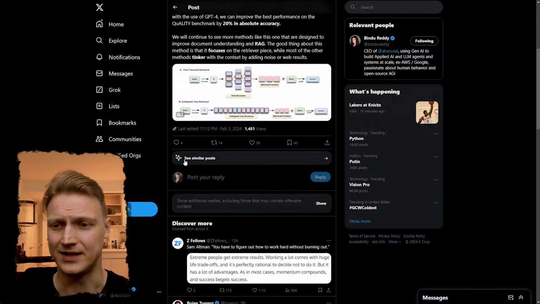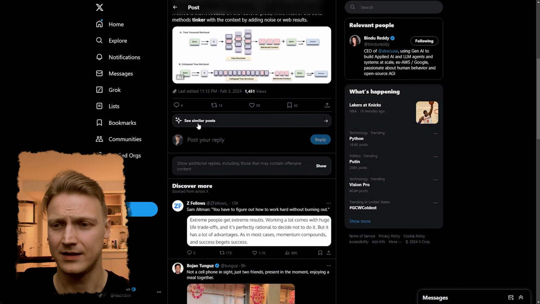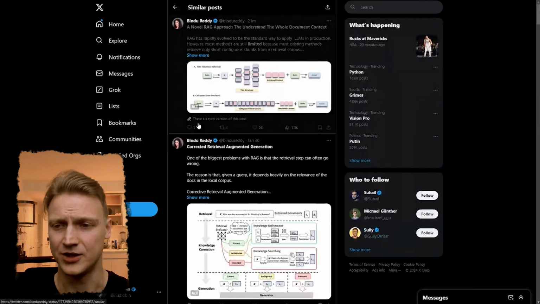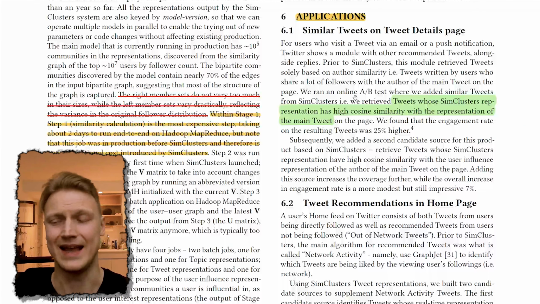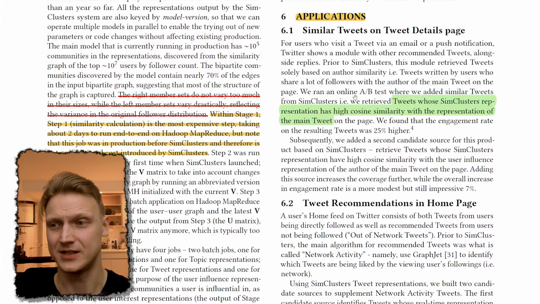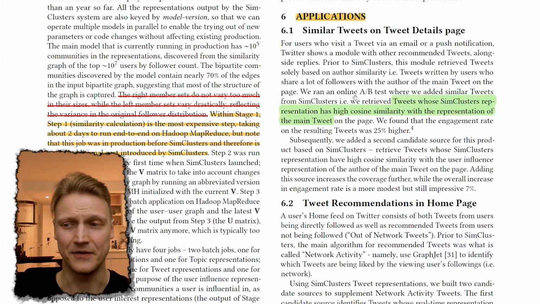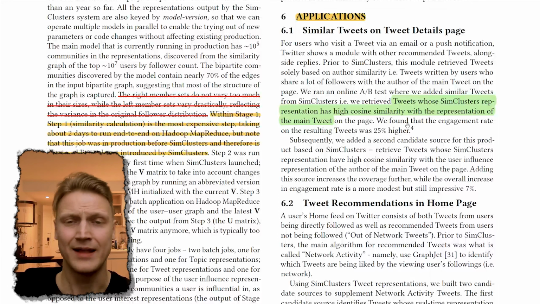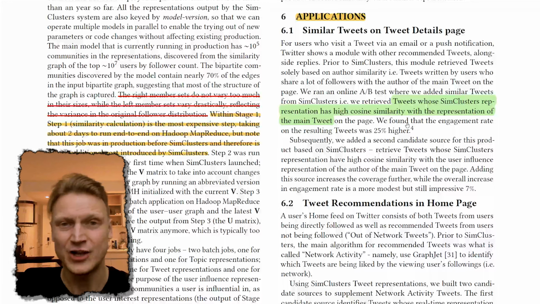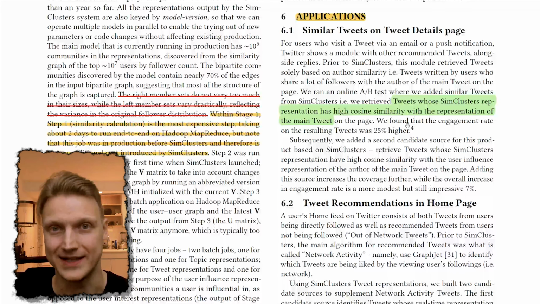These days, there is a button under each tweet that shows you some similar tweets, apparently, that I guess is powered by this thing. So prior to this, what they did is they show you recommendations from people who share a lot of followers with the author. And now you're basically seeing the tweets that have high cosine similarity with the original tweet.